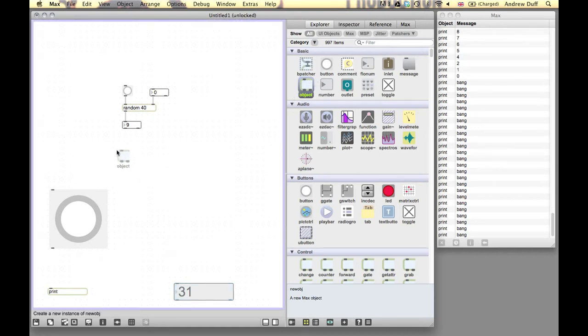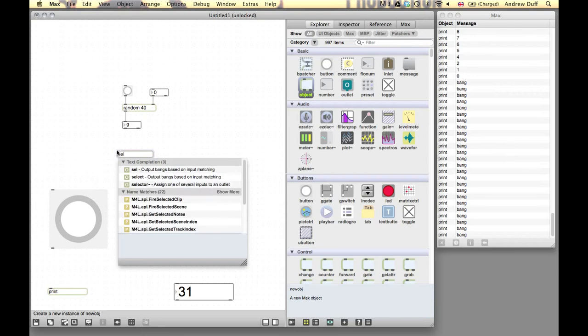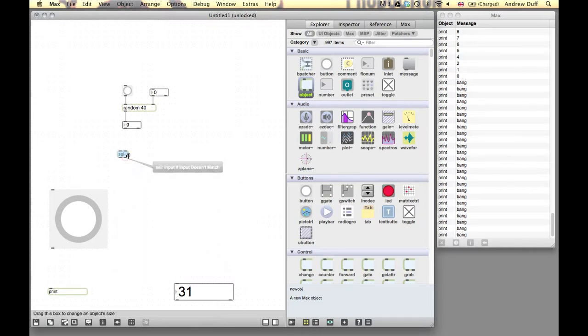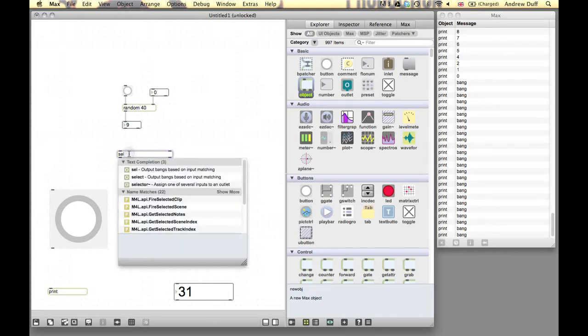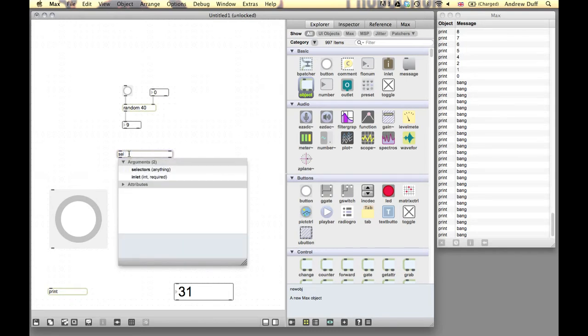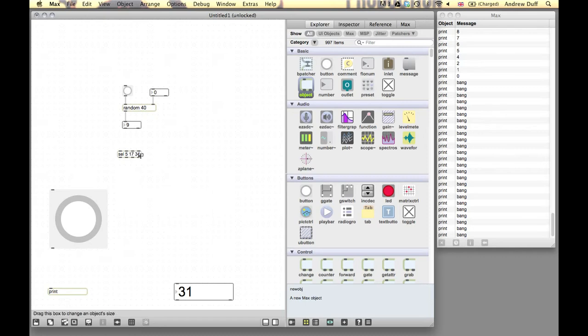Okay, so I can use an object called select. So we'll go and make a new object, SEL. Select and sel are the same object. Sel is just an abbreviation of select. So let's just drag this out because we need to add some arguments in here. So I'd like to have it choose 3 different random numbers between 0 and 40. So let's say we want it to choose, this is going to select 5, 17 and